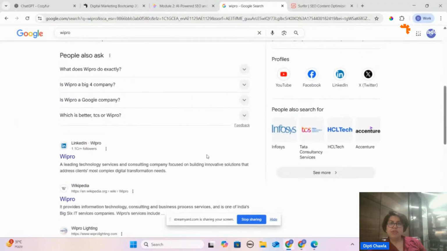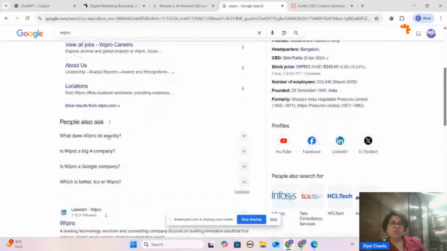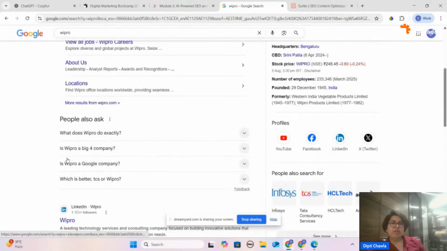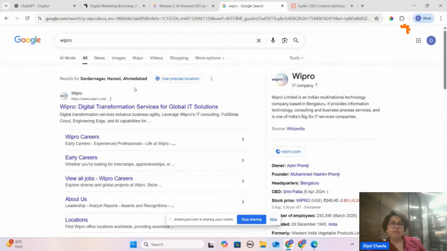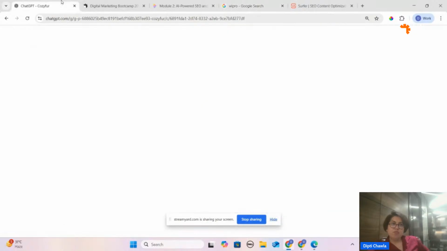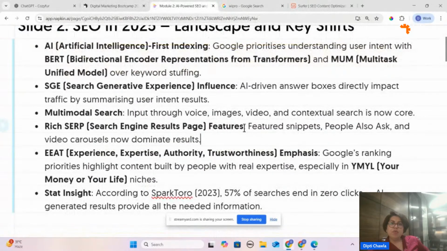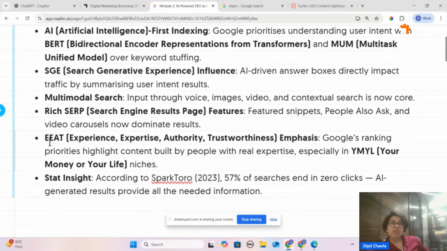Earlier, if you searched for anything, generally video carousels came. Here, a lot of playlists appear, or Instagram videos come, such kinds of results. Now that is dominating currently. So what you need to understand is that these rich snippet features need to be set very well because they help you define a proper SEO structure, and it comes in AI first indexing as well.